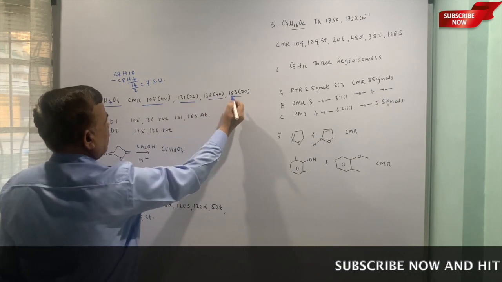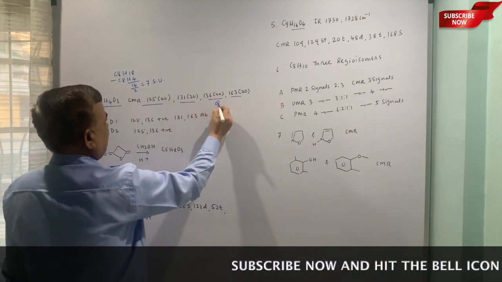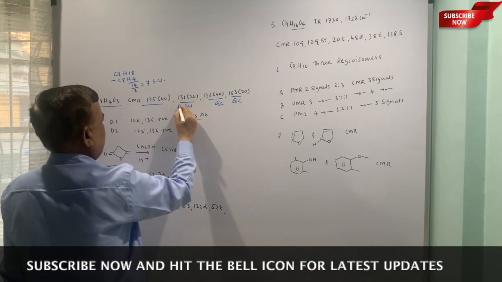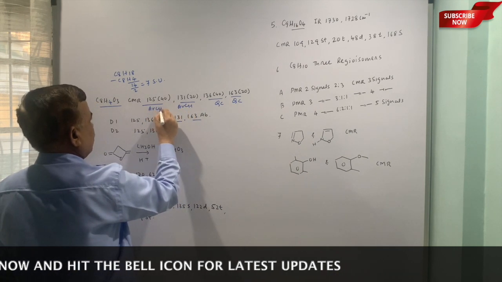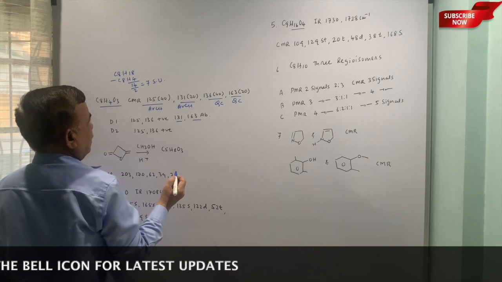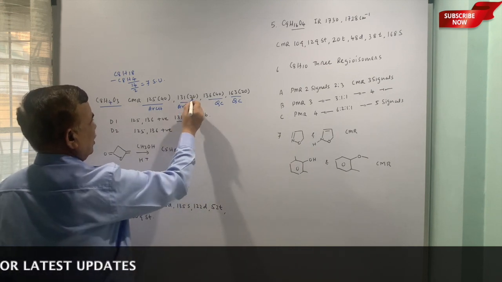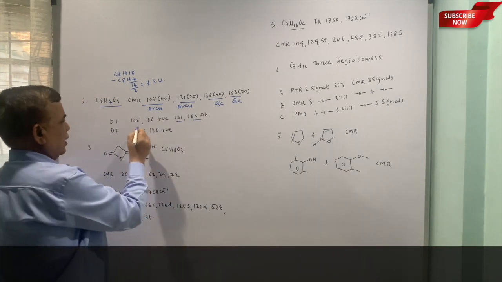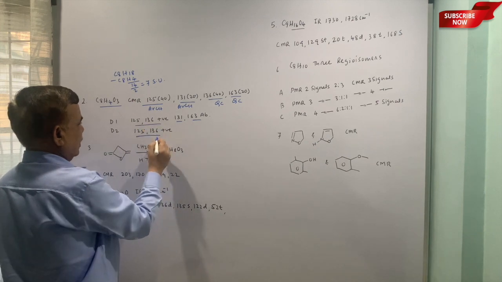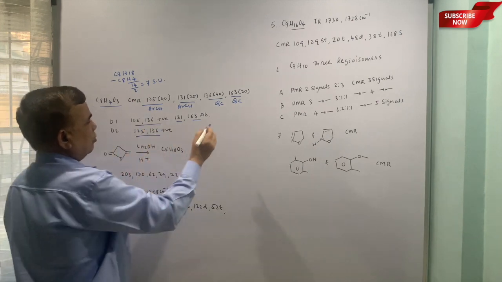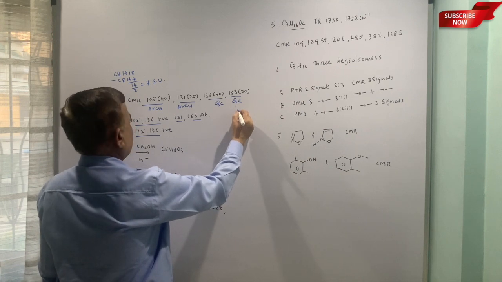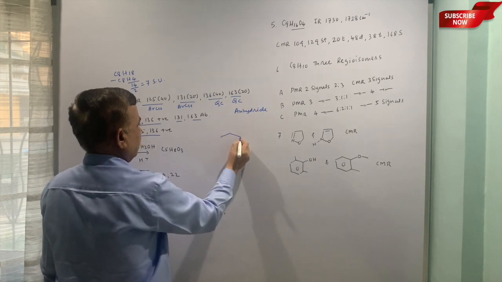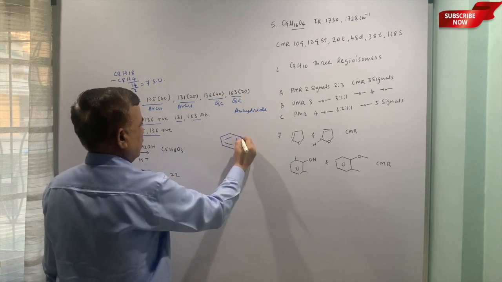All these values suggest this is a quaternary carbon. By looking at this, these are aromatic CH, and the quaternary carbon will have lesser abundance or lesser intensity, you can say, and the DEPT also suggests that these are aromatic CH. So this looks like an anhydride, because with 3 oxygens you can always think of an anhydride. So, if we put the structure,